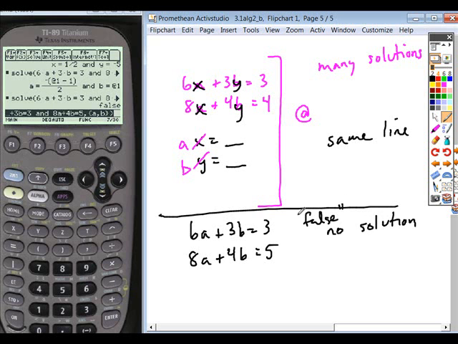So if you get a false reading, it means that these lines are parallel, so they'll never intersect each other. And so again, this is the only